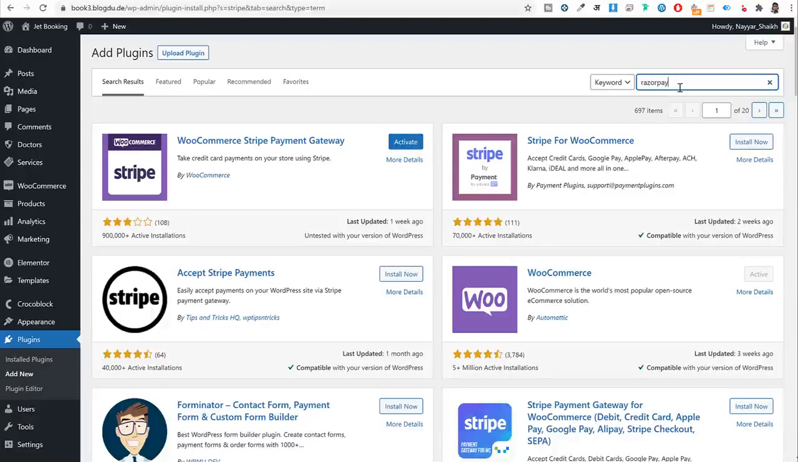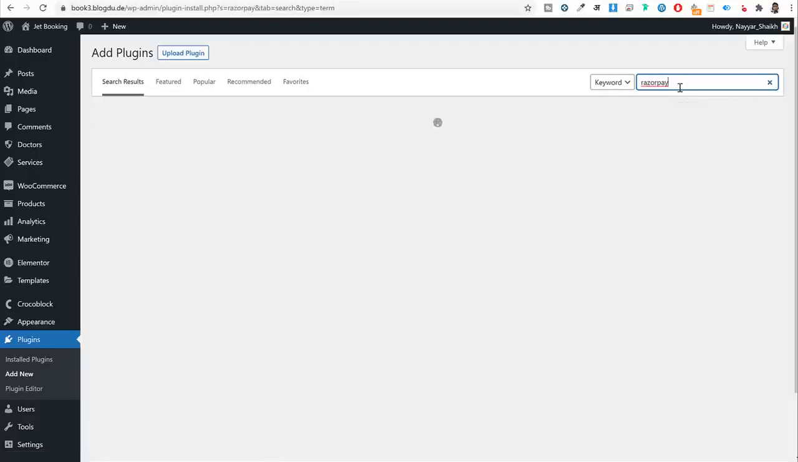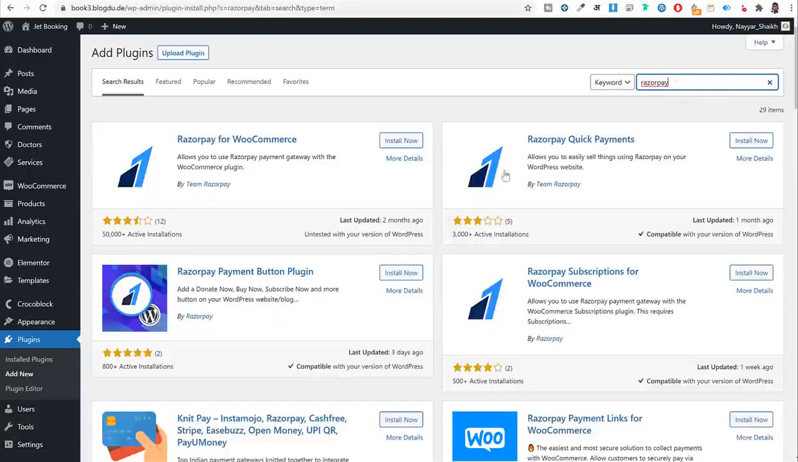All right. Obviously, if you want some other payment gateway, you can search for that. You can install the plugin for that, and you can integrate that payment gateway. So we'll select Razorpay for WooCommerce. Install this one. Now, once you've installed all the 3, or whatever number of plugins you have installed, now